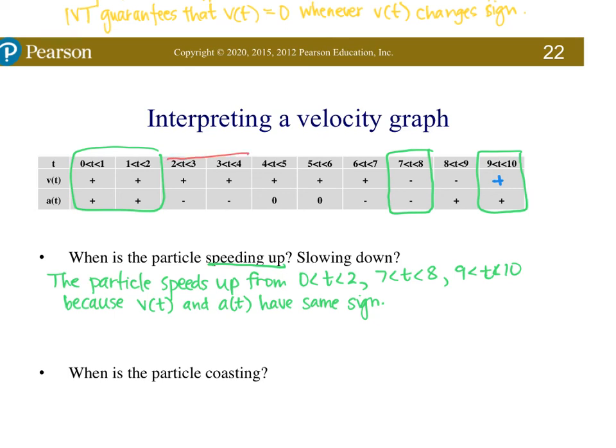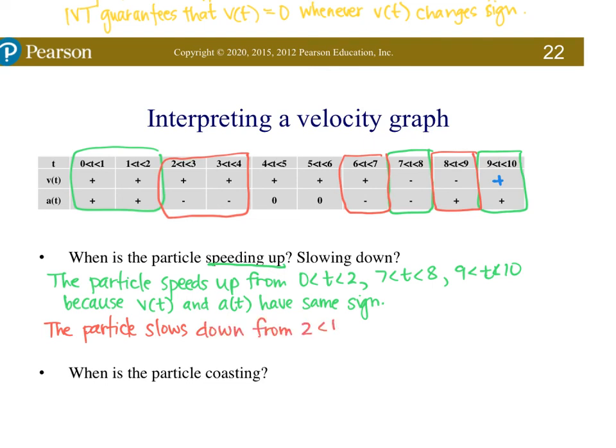Slowing down would be opposite sign. There's another opposite sign and a final one. So the particle slows down during those intervals because of the opposite nature. So from 2 to 4, 6 to 7, and 8 to 9, because v of t and a of t